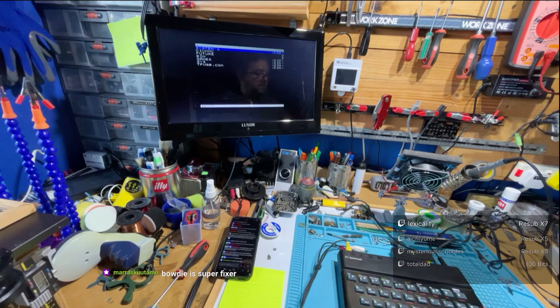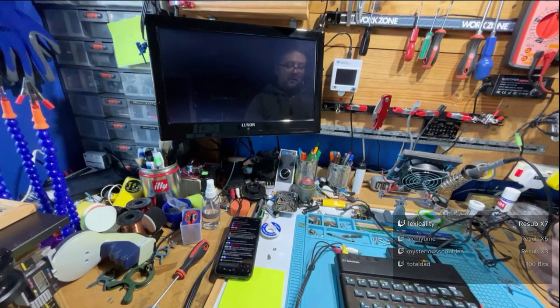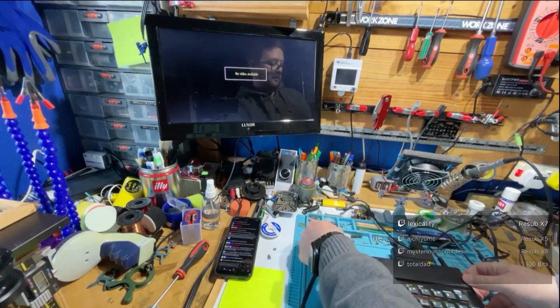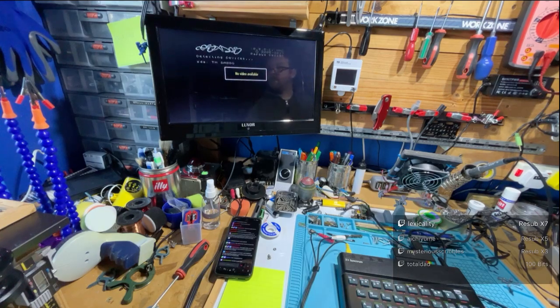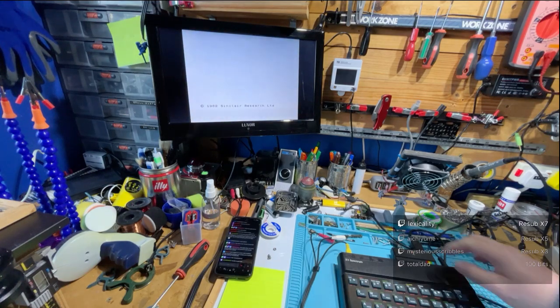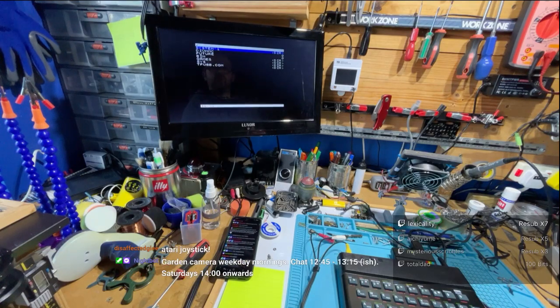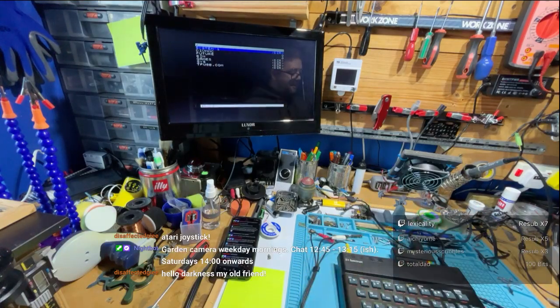Doesn't feel like it is going to work, but let's just switch that off for a second and plug that in. Oh, that feels very janky. This is like an old junk box Atari joystick, which may or may not work. No. Nope. No. Anyway, the DivMMC is a very handy little thing for being able to load games